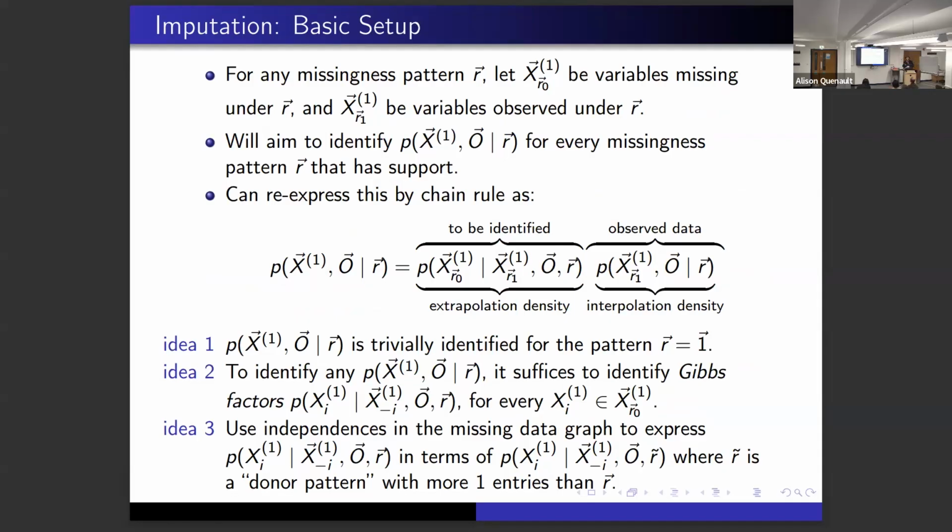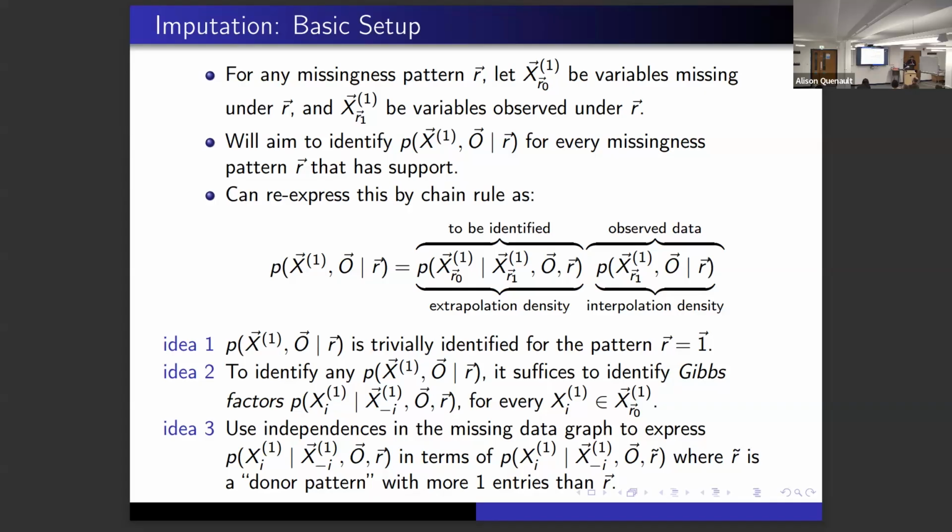So the interpolation density is observed data because of the way I wrote it, because I'm only picking out the x's for whom the pattern is 1. So those x's become observed for that row only, or rows where those r's are 1, and then always observed. So that second term is fine. It's all observed data. The first term is not fine because the stuff in front of the conditioning bar is missing. So we need that distribution to sample if you're going to be imputing things for that pattern. Again, this is not new. Everybody who does imputation basically does some version of this. Okay, so we have to think about the first term.